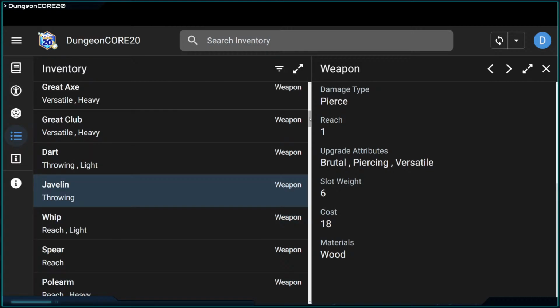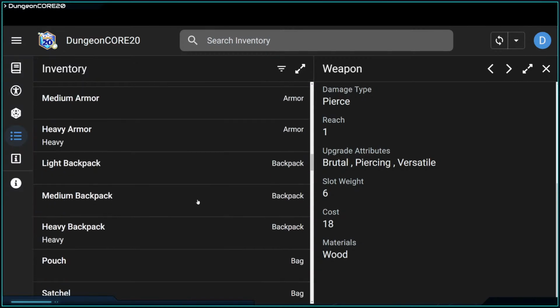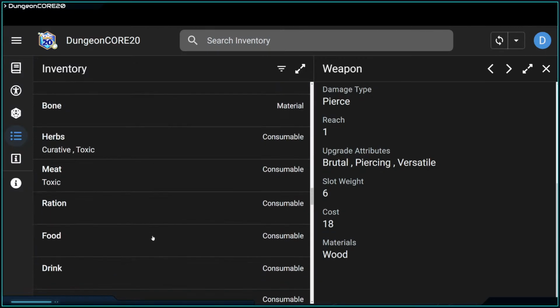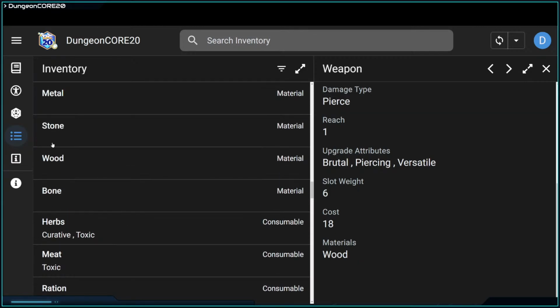Let's see here. Yeah, again, the link is in the description where you can access the app. Feel free to review the different types of items and equipment that we have in the game. And as far as miscellaneous items go, things like, hey, I want to have a bag of rocks. I mean, you could have a bag of rocks. I suppose stone is a material in the game, but